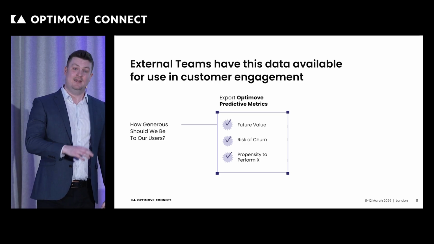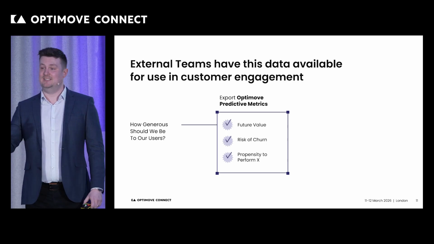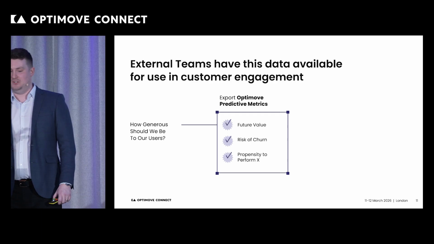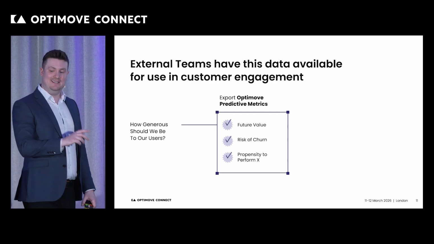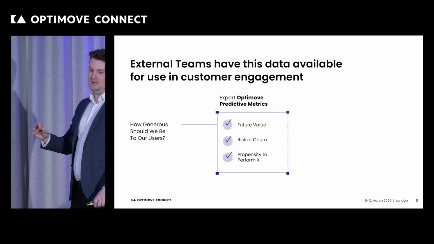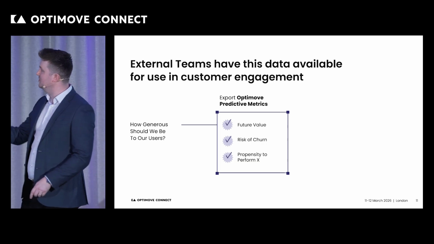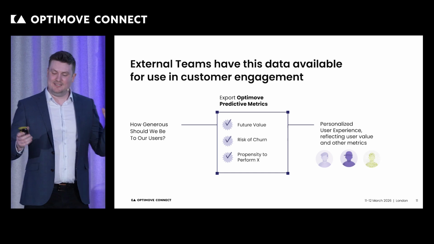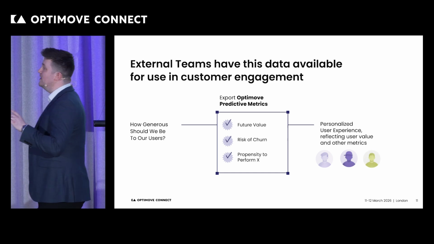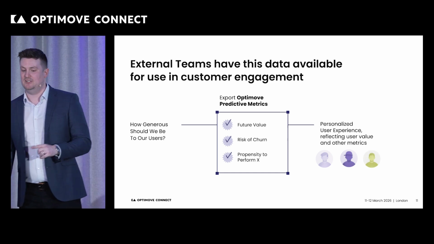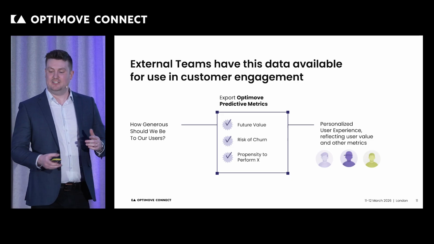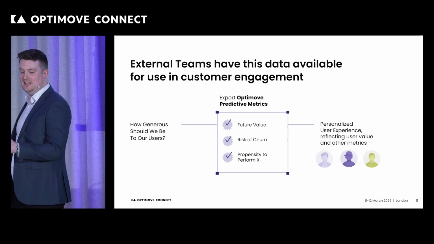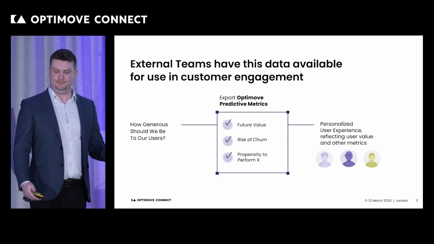Now, if you've been with Optimove for a while, you probably know this. This is called future value. It's one of the core predictive metrics that is built into everyone's platform. It's available through Data Share and as part of the single customer view that I mentioned earlier, so you'll be able to get that just from that customer table. So we can take that directly with the customer ID and use it to drive changes to the user experience at the front end, allowing for decisioning for dynamic UX, allowing for offers and discounts to our most valuable users that are maybe not available to others.